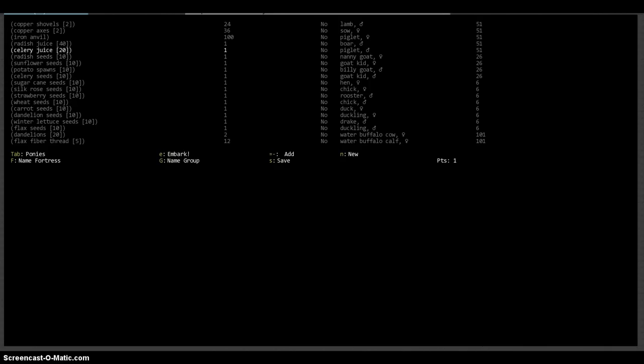So you better get some walls up. Here you have radishes, celery. Well, that's radish juice. Okay, here are the seeds: radish seeds, sunflower seeds, potato spawn, celery seeds, sugarcane seeds, silk rose seeds, strawberry, wheat, carrots, and dandelions, and winter lettuce. The only one missing is cocoa. I've tried numerous civilizations on this world gen, and I couldn't get a civilization that has access to everything. The one thing that I'm missing...